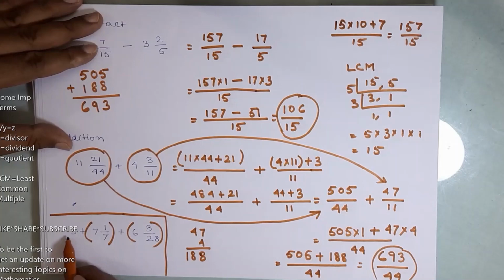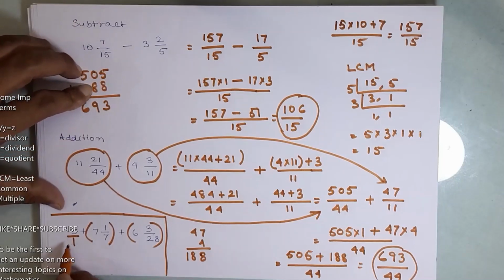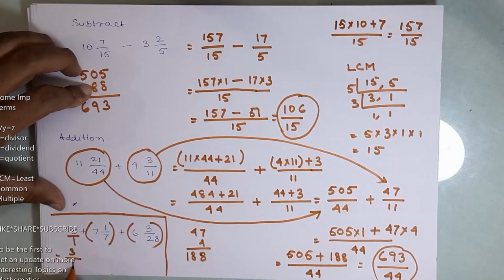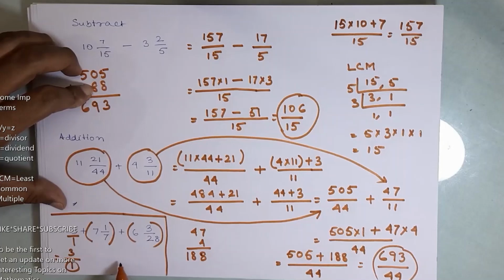Now any whole number has a default denominator of 1. So if you want to represent the whole number in a fractional presentation, it will be 3 by 1. Now the process remains the same. So here the denominator will be 1, and the rest of the denominators you find out. Please do the LCM, then divide the LCM by each individual denominator and multiply the numerator by the quotient, and then please do the simplified addition.